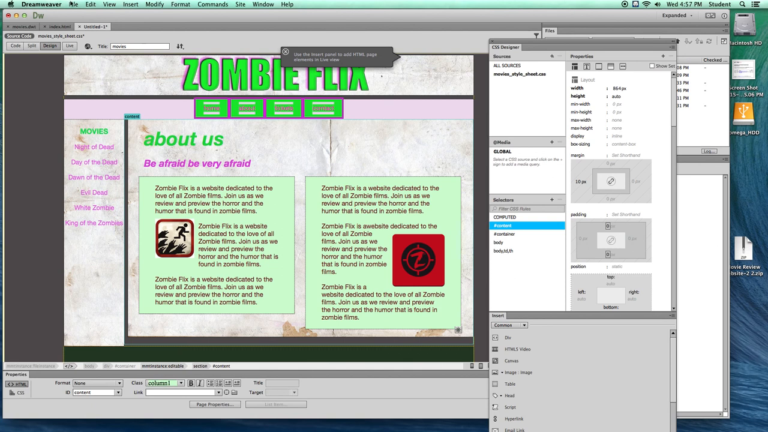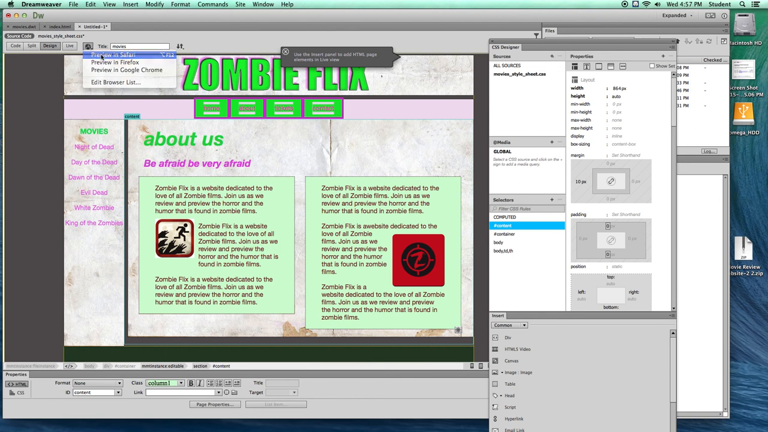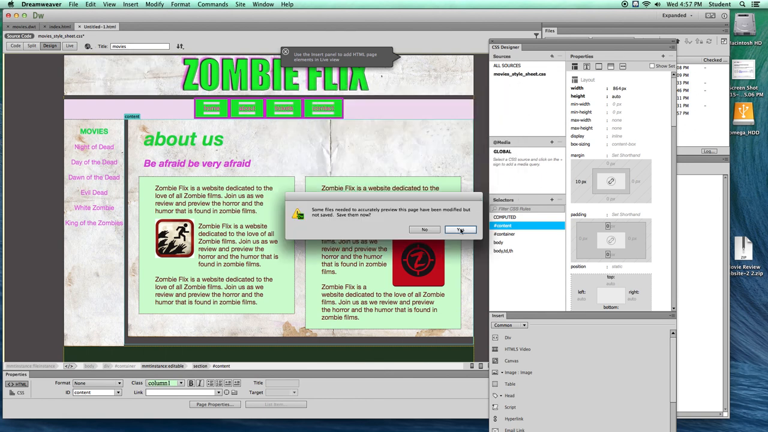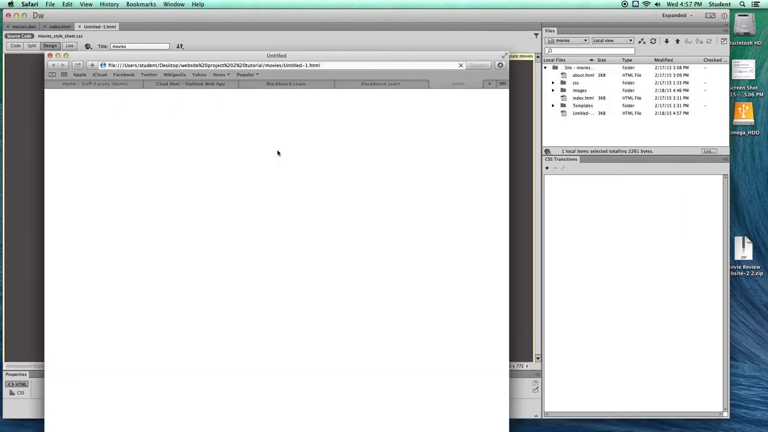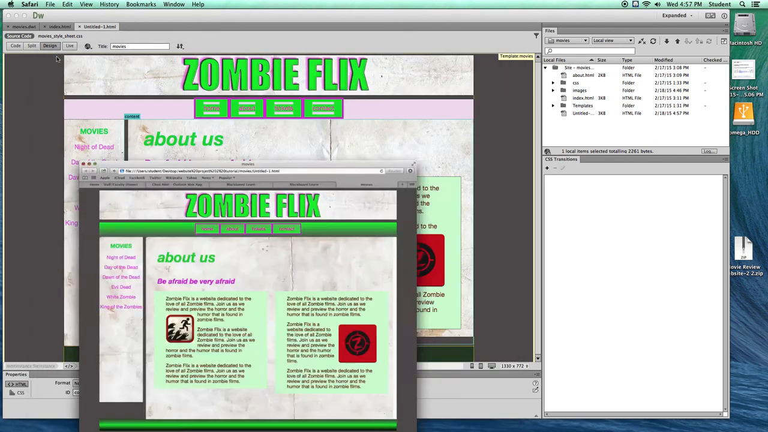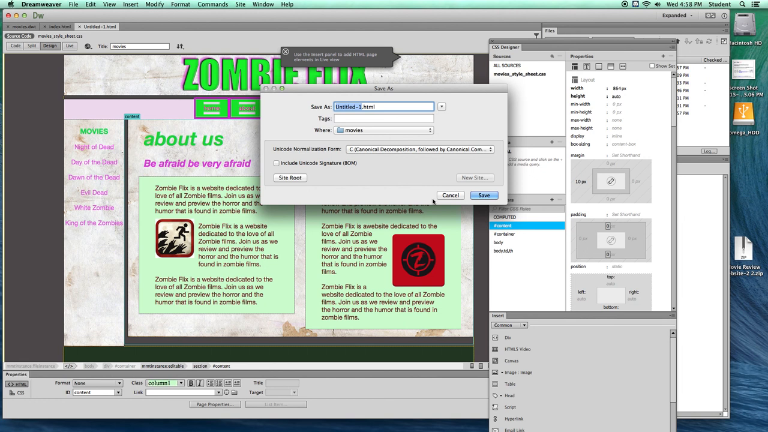So let's go ahead and save that. Let me preview that first. Preview it in Safari. There we go. Looks pretty good. One thing I did forget to do was actually save this file. So let me do file, save as, and call this about.html, and it should